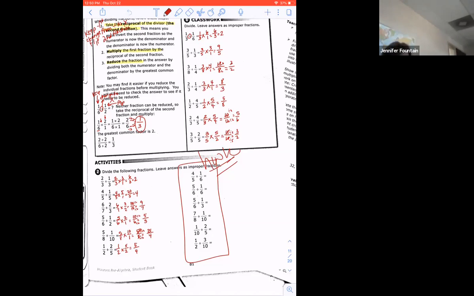Okay, so the right-hand column, the first one we have,